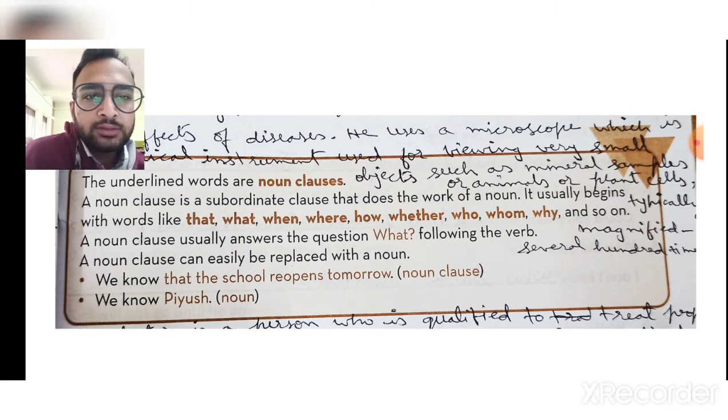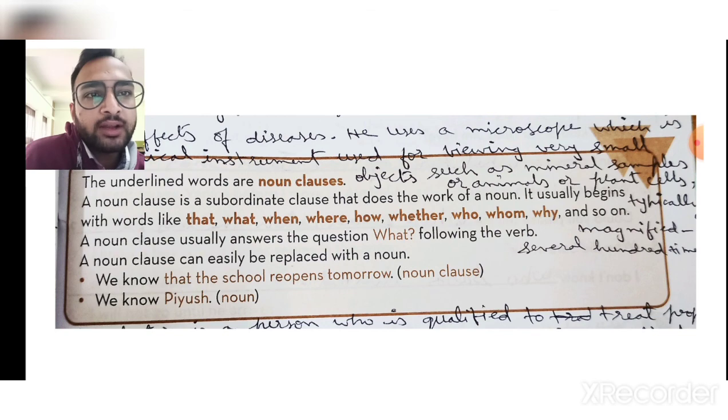Noun clauses usually answer the question what, following the verb. Noun clauses can easily be replaced with a noun. We know that the school reopens tomorrow. We know Piyush, etc. So here, students, these are the few definitions that you have to read properly,